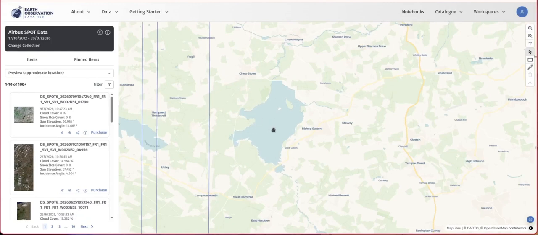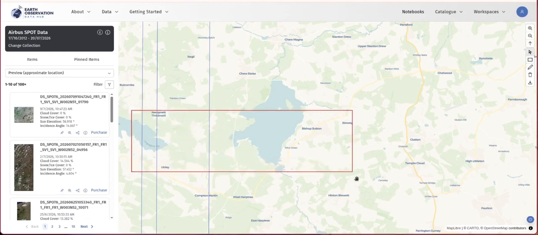Now it might be, if you followed through other videos, that you already have some pinned Sentinel-2 ARD data. If so, that's fine. It'll look slightly different to this, but the process of what we're about to do will be exactly the same. So we are going to filter our Spot data. First of all, we're going to draw an AOI, and then we're going to filter it,